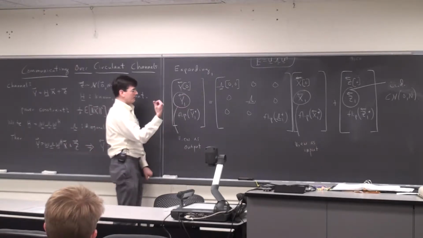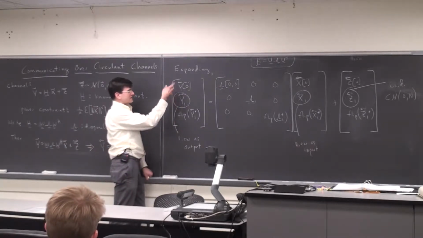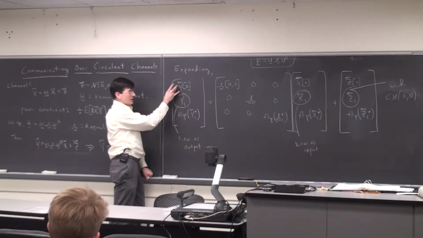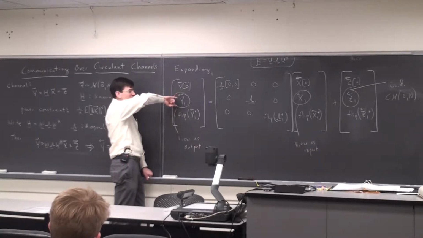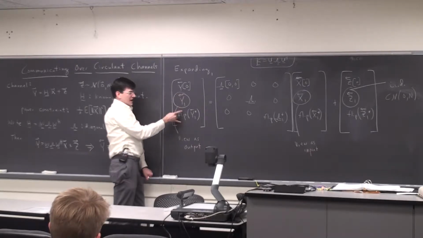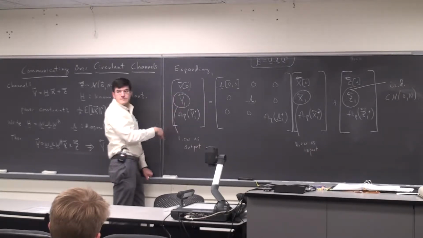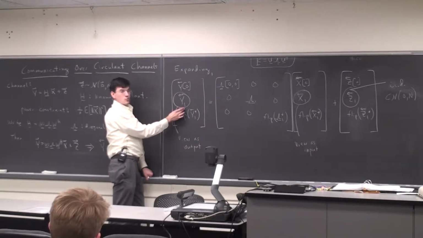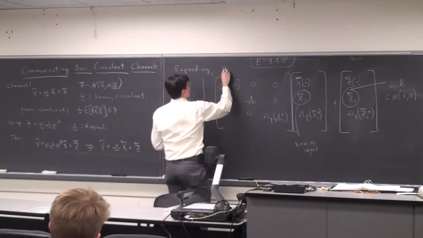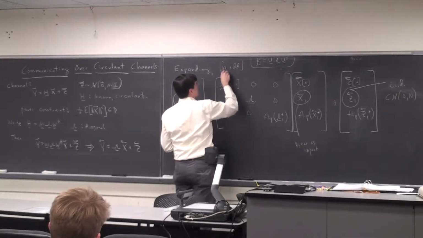We said that in order for the time domain signal to be real, the DFT has to have a certain structure. The DC has to be real, and the second half of the spectrum has to be a flipped conjugate copy of the first. Just take this vector, flip it, take the complex conjugate, and this part has to equal that part so obtained. That's when n is odd. If n is even, you get an extra real component here: the n over 2 sample is real. So this is the n odd case.